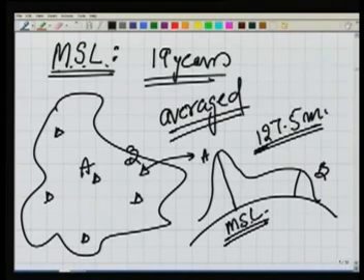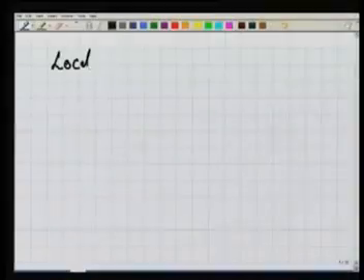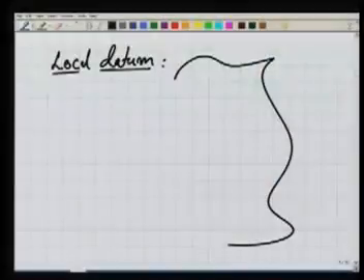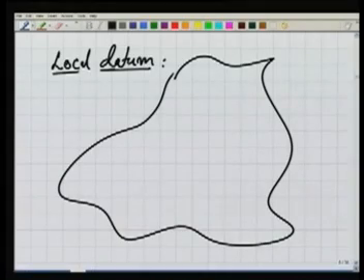We are going to define one more term here, that is called local datum, because mean sea level is a global datum. Global means in terms of our entire country. We have one reference system for the entire country, and all the points in the country can be referred to that one. So if I am doing a survey in a big country,